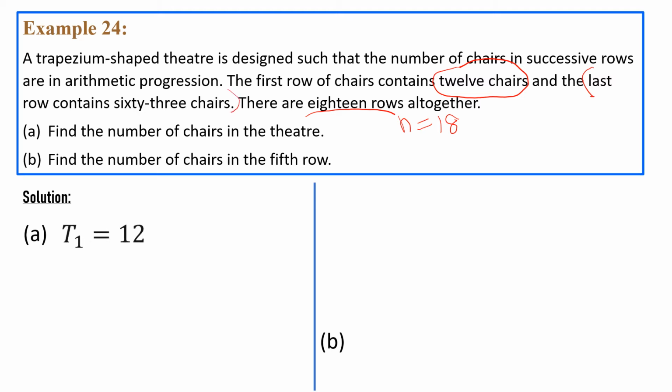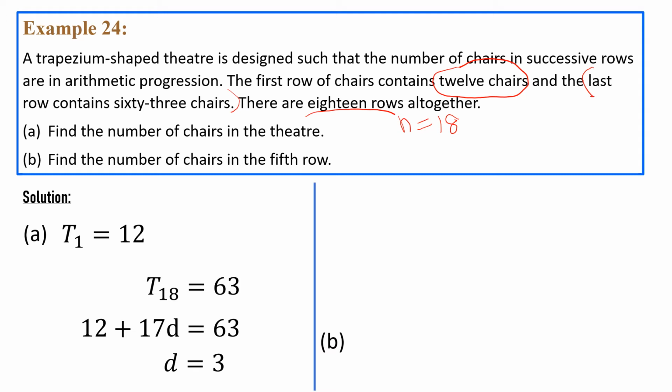So what we have here is T1 equal to 12 and T18 equal to 63 because altogether we have 18 rows. Substitute into the formula, just substitute the value of a and n, so we can get common difference, d